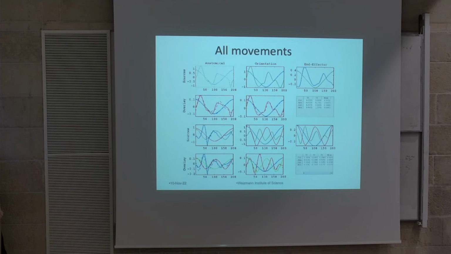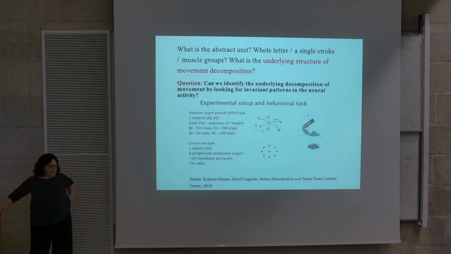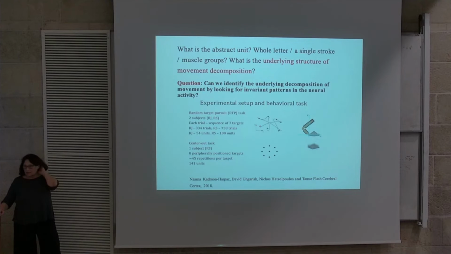So it will be very interesting to see if there is something in the spinal cord or also in the cerebellum that really constrains this kind of organization into these sources, simple oscillators. Now, just one more topic, quickly, and this is the work of Naama Kadmon and David Ungarish. What we did was we took the data from Kalaska and the neural firing of the cells, and we wanted to see, again, what are the primitives that underlie the continuous movements drawn by monkeys.